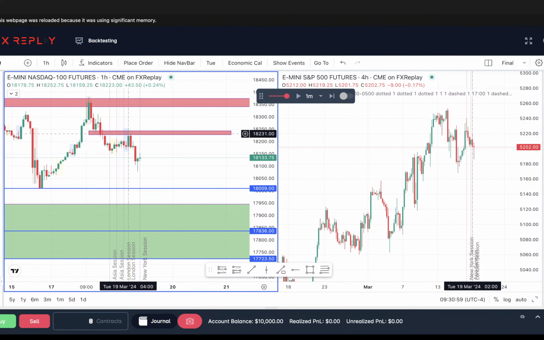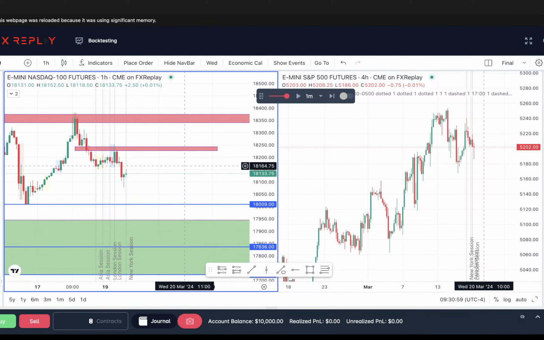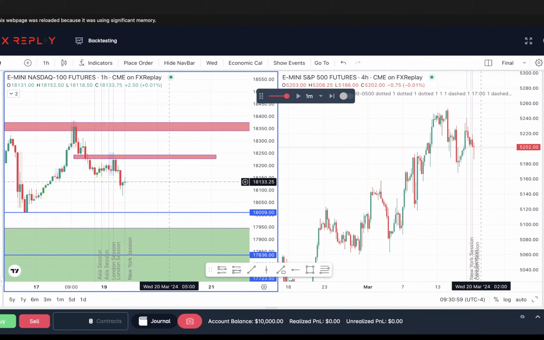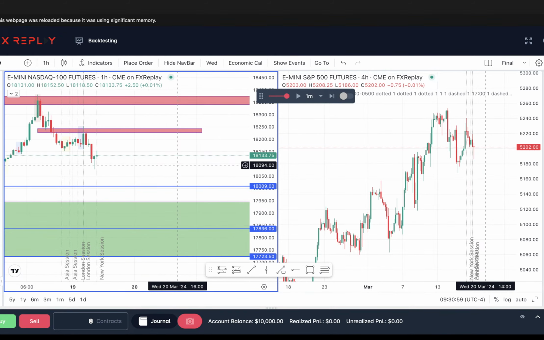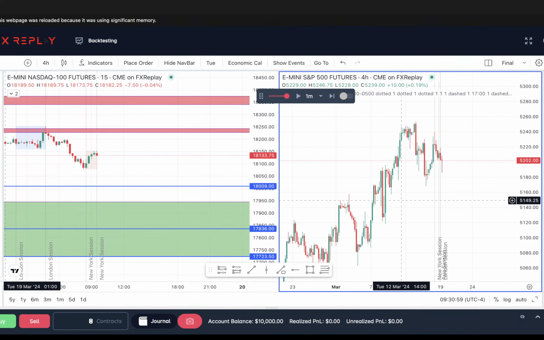It already reversed from this gap. It's probably going here. It's already halfway there though, so it might not give you an entry. It might just go down and then reverse from here, but this is still a bullish. So it's supposed to come in this green one and reverse. And then this is a bear, so it should come in here and reverse. That's why I keep them different colors, so you know what it should do. You don't have to think about it. Then I go to the 15-minute time frame to watch how trades play out.